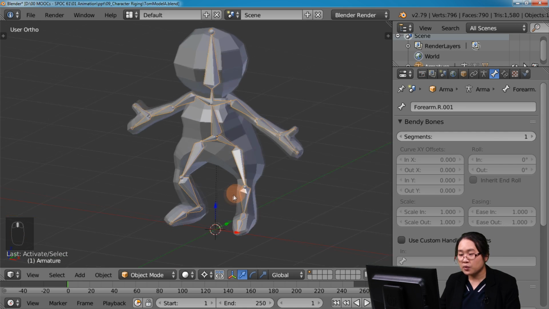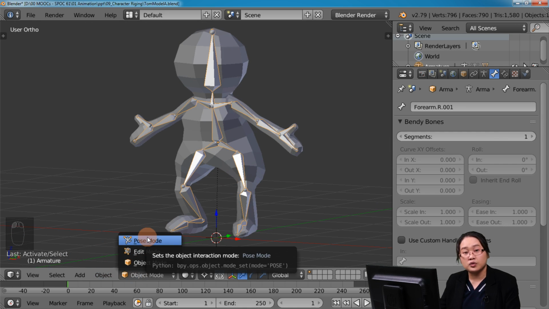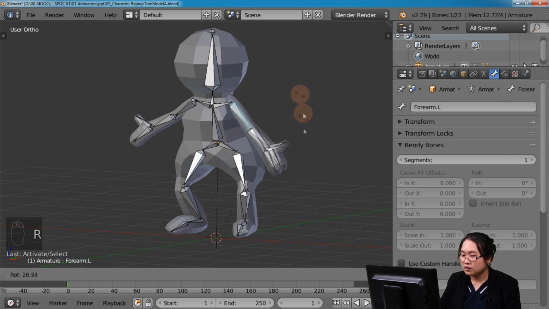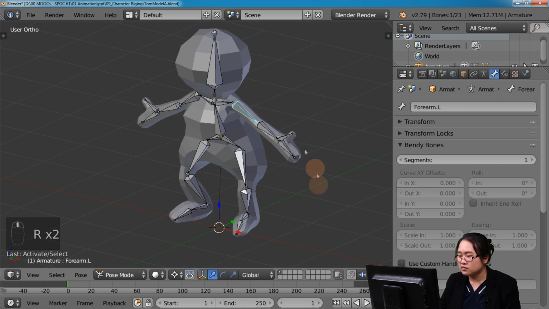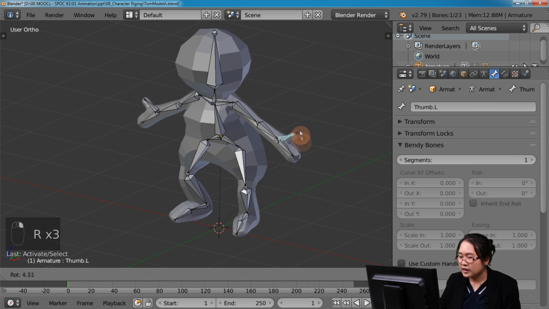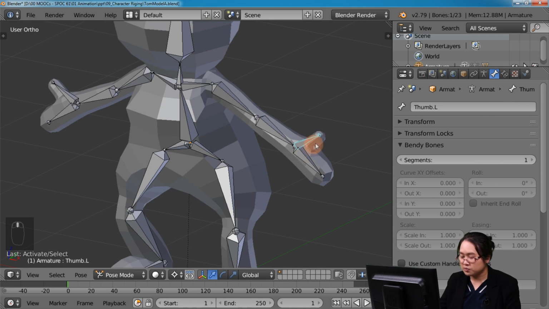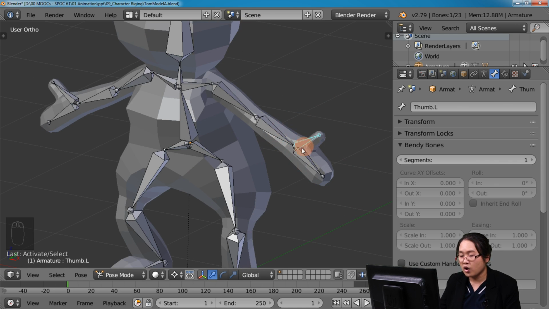And then the next step is to pose it, right? So you go to pose mode, and then you can start posing to make sure that each bone works as needed. In this one, you have to really check on each bone, like this. So for me, when I move my thumb, I don't want my arm to be moved. So I'm going to fix it a little bit,